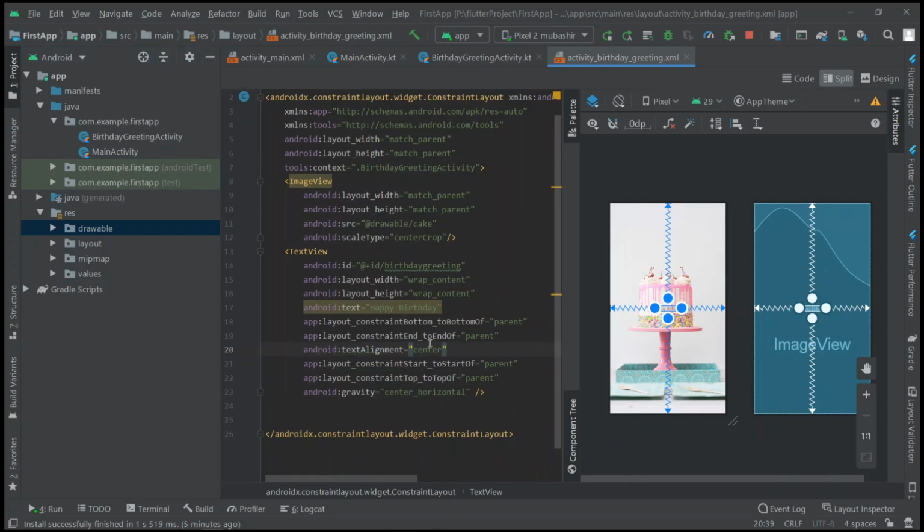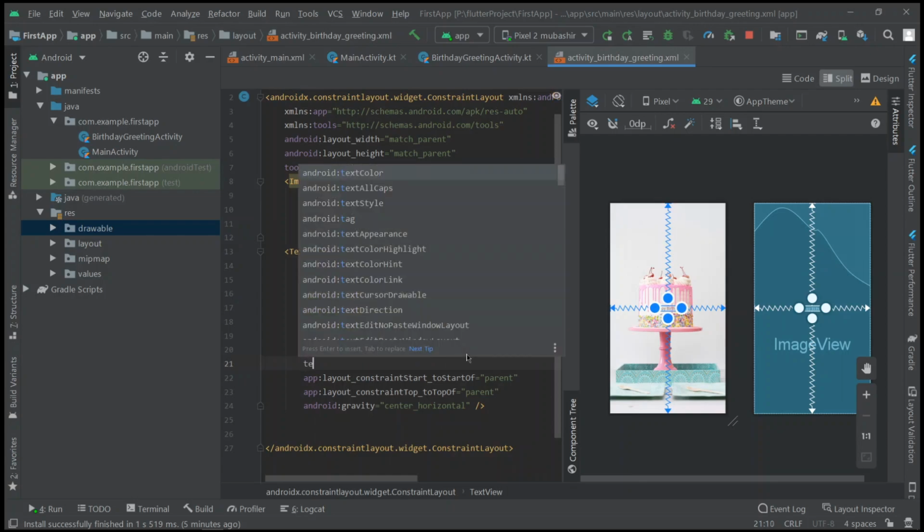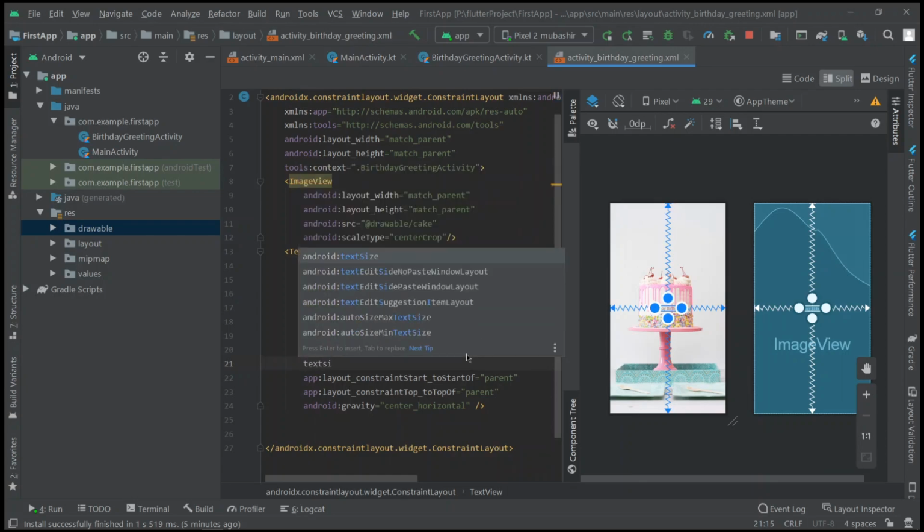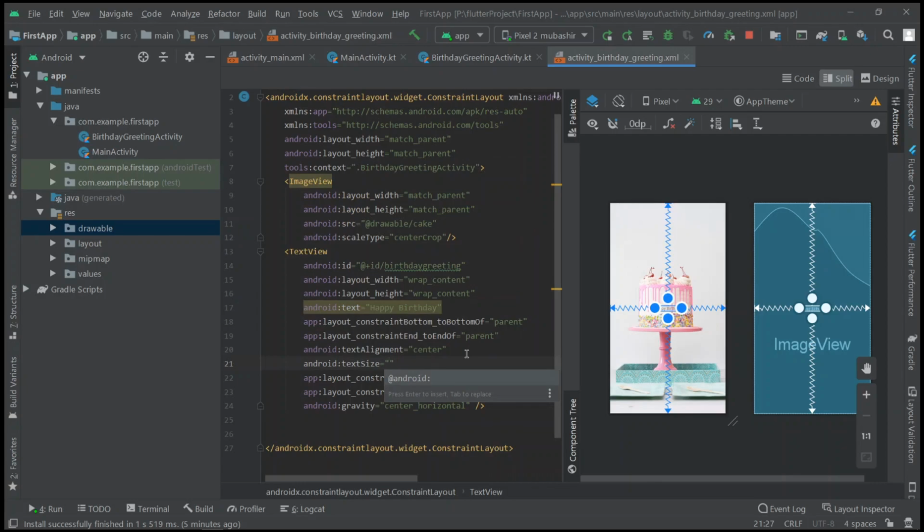Okay, so here we gave the text alignment to center and the gravity to center horizontal. And next let us change the size of this text. So for that text size, let us give this 48 sp.